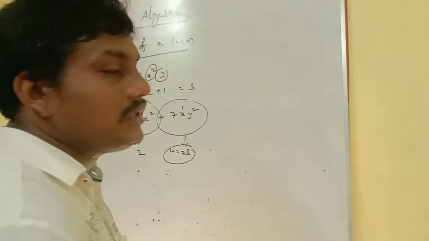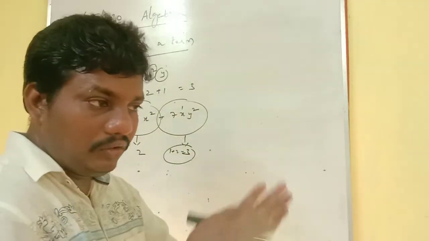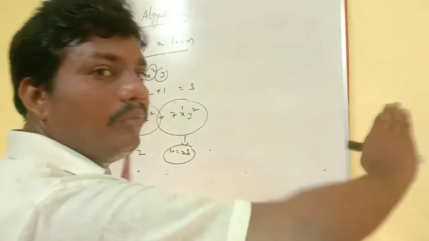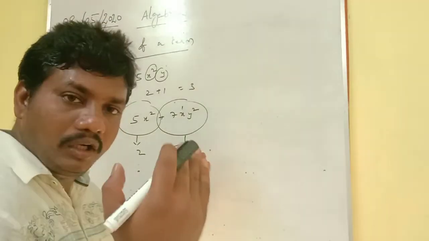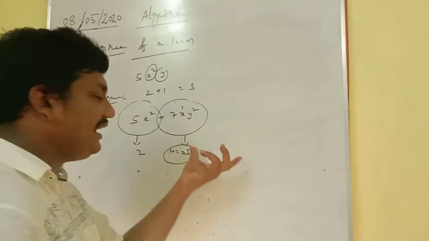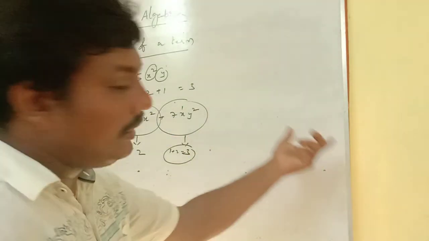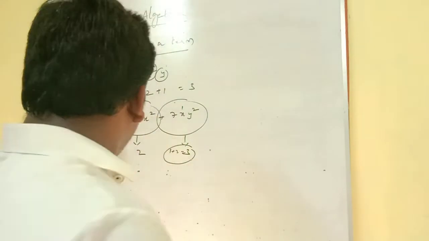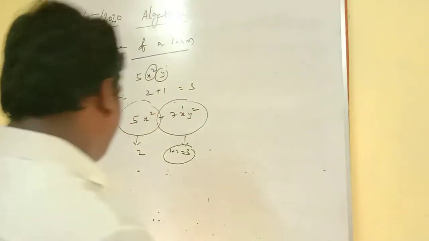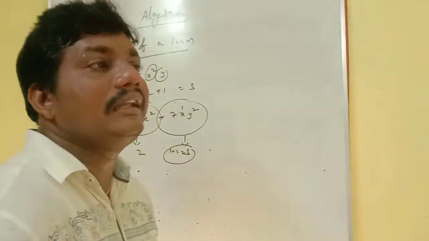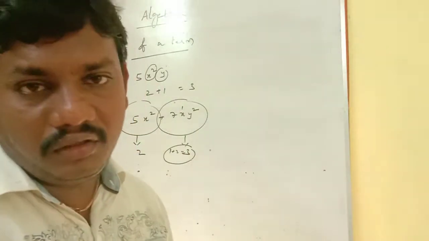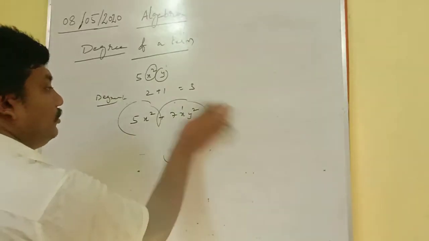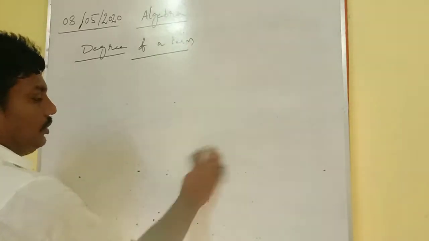The degree is the highest degree present in the monomials of a given expression. First we divide the given expression into separate monomials and find each monomial's degree. Then we conclude which monomial term has the highest degree; that highest degree value is the degree of the binomial. Like that we can find it for every expression. The highest degree of the monomials present is the degree of that expression. You have to write your own examples and find the degree also.